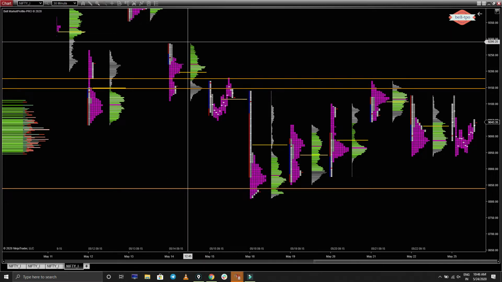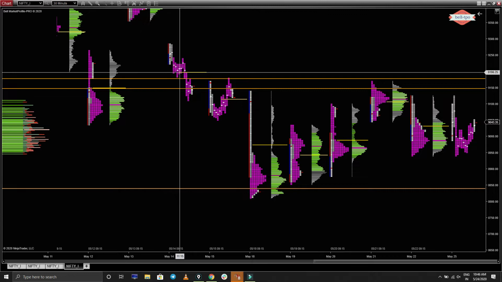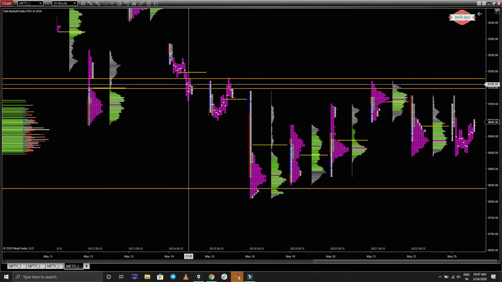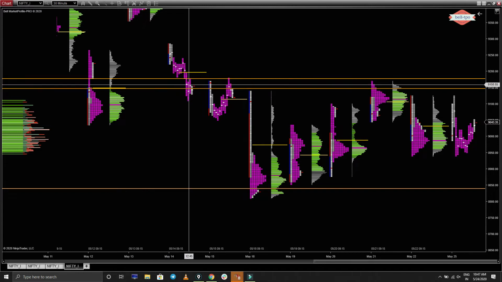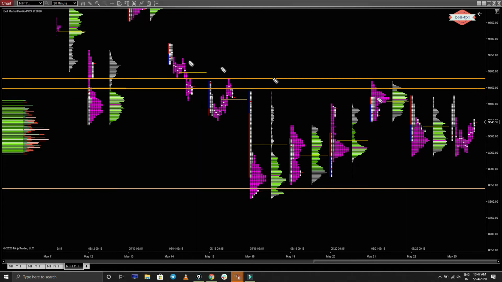And here also you can see the price coming from the top, but we didn't see too much selling. The selling has been stopped. We can see in this area, if you go sell, the movement will be slow. If you go buy, the movement will be slow here. It won't break for most of the time.